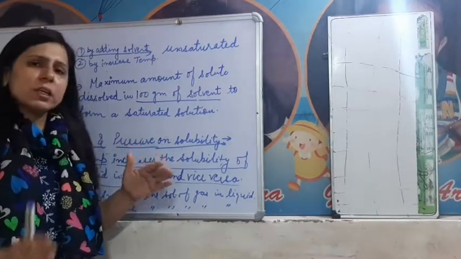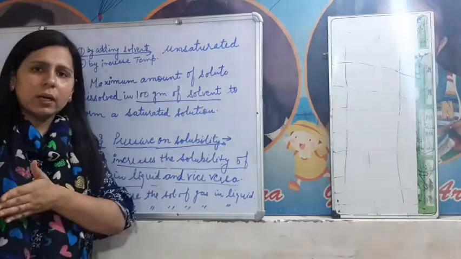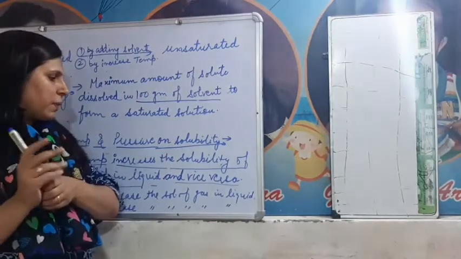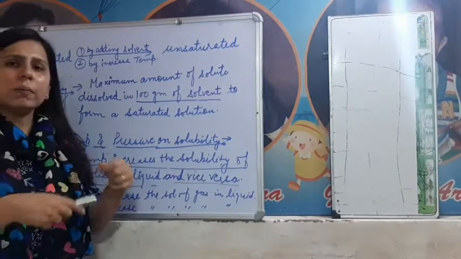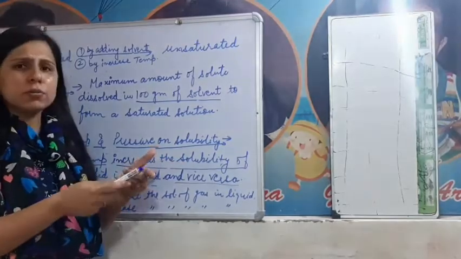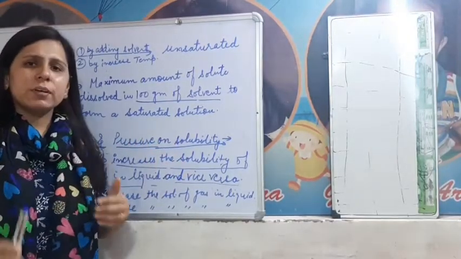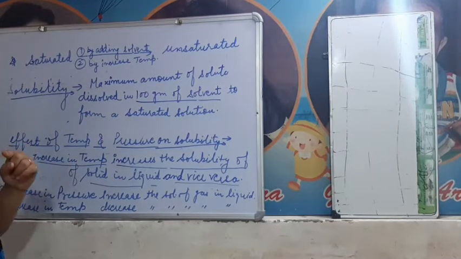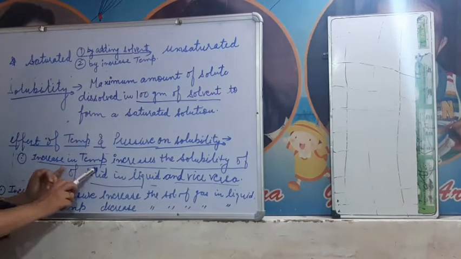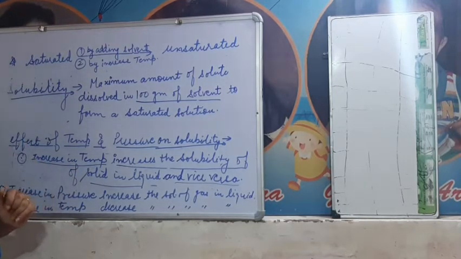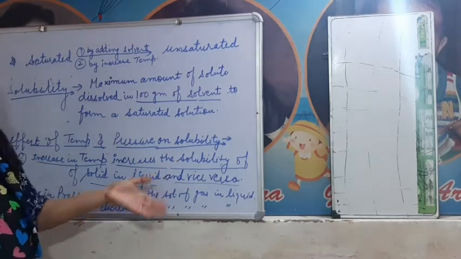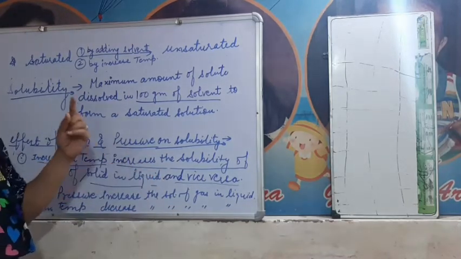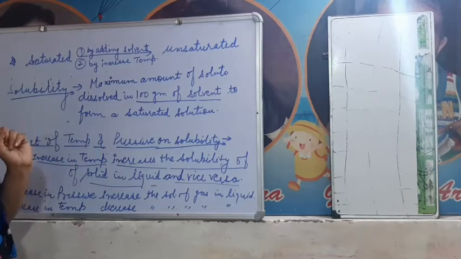For example, we take one glass of cold water and one glass of hot water, and you are instructed to dissolve a random amount of sugar in cold water as well as in hot water. You might have identified that more sugar can be dissolved in hot water. So the factor applicable here is the increase in temperature. The hot water has a higher temperature as compared to the cold water. So it increases the solubility of the sugar in water.